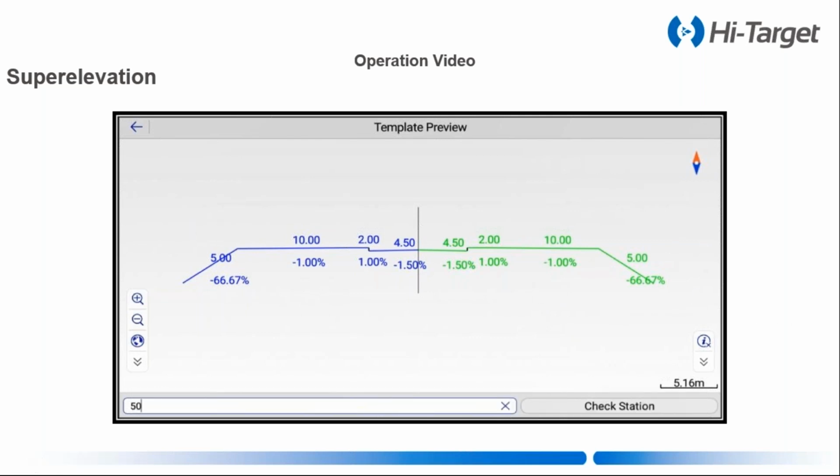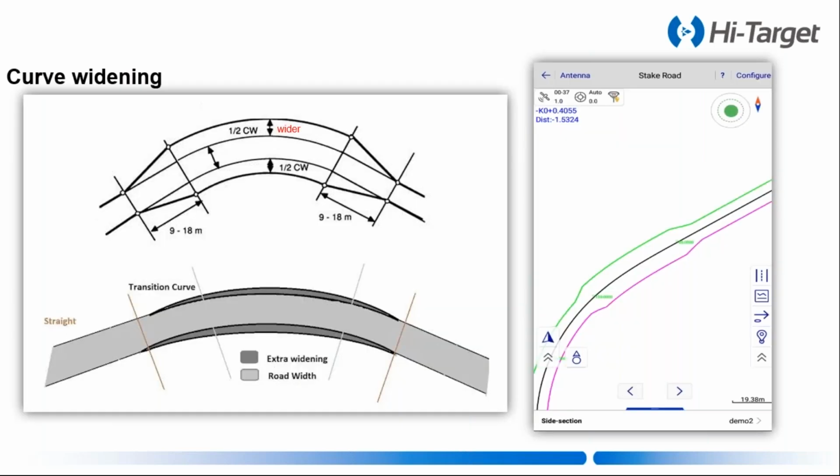Then the second special design is named curve widening. You can see the first picture. Because in some place of the road, if there is another construction, or maybe if there is a bus station, you can see here. So the width of this lane should be widened. You can see here the width is widened,